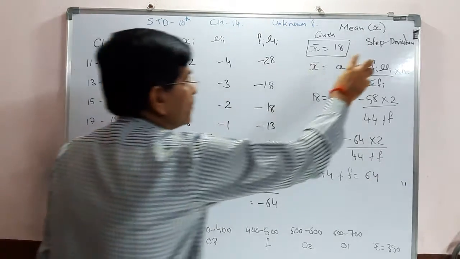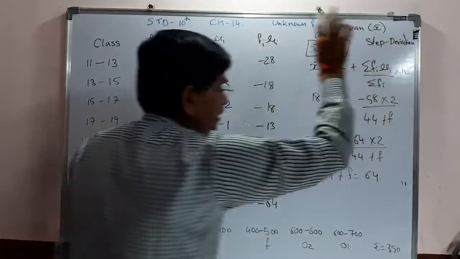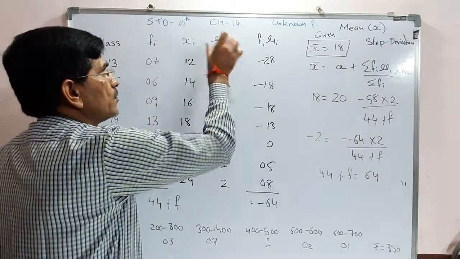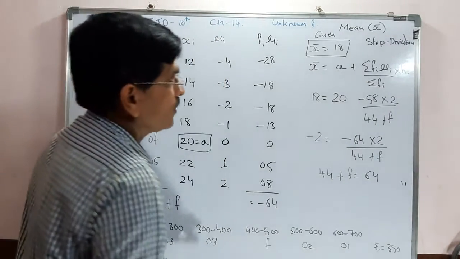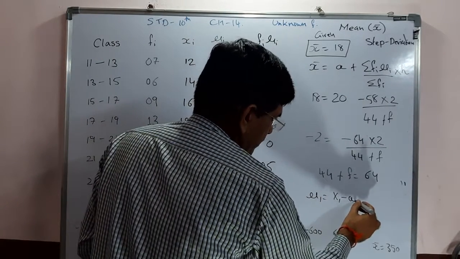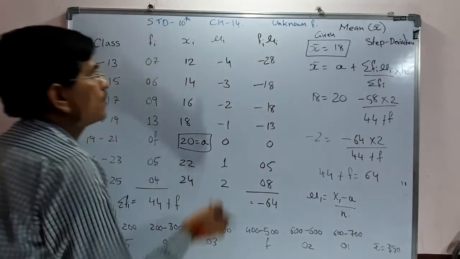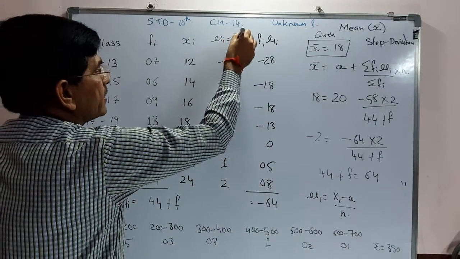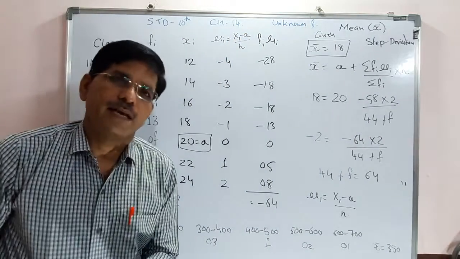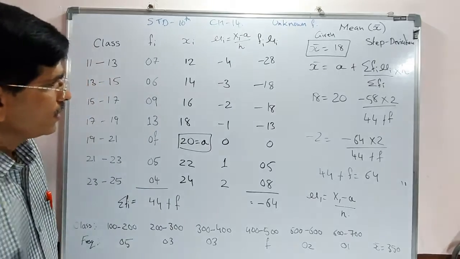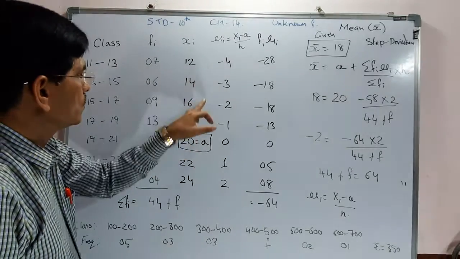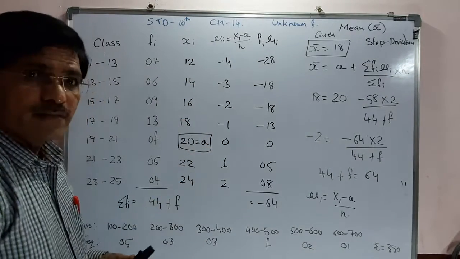Now which method do we have to use? Step deviation method. We have already explained that in the step deviation method we have to use ui. What is the meaning of ui? So we can write ui is equal to xi minus a upon h. So when possible we have to write here xi minus a upon h. Paper checkers see that, as we know very well. Now where do we have to take a? There are 1, 2, 3, 4, 5, 6 and 7 values.